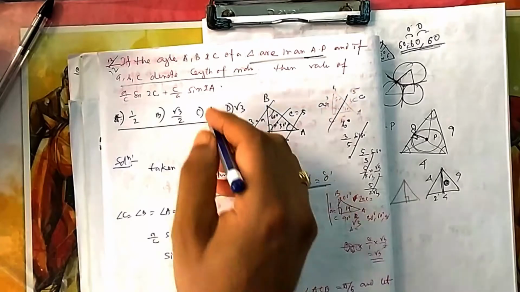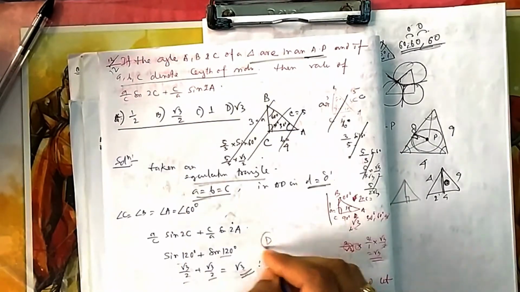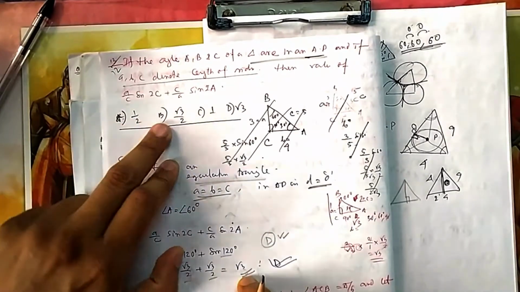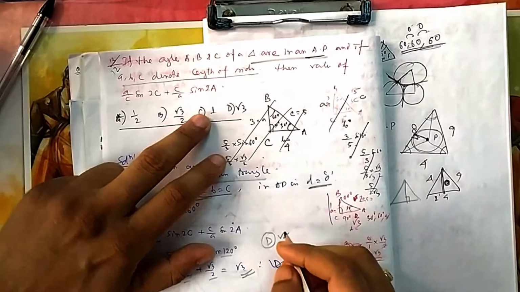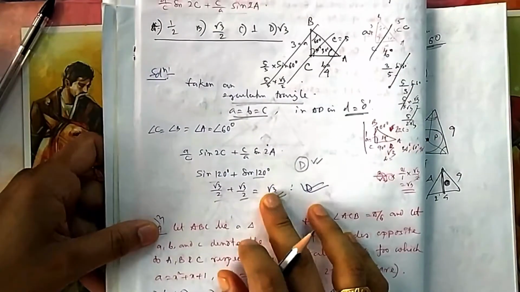You can see other options are not satisfying this one, so obviously option D is satisfying, so you can eliminate the other options. They are not satisfying. A satisfying, no. B satisfying, no. C satisfying, no. So 3 options eliminated, so obviously D will be the answer. Because elimination is important in the general approach.